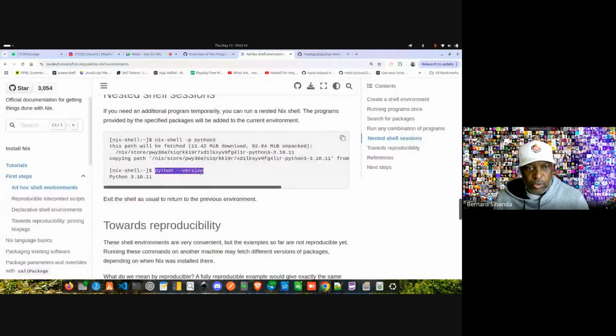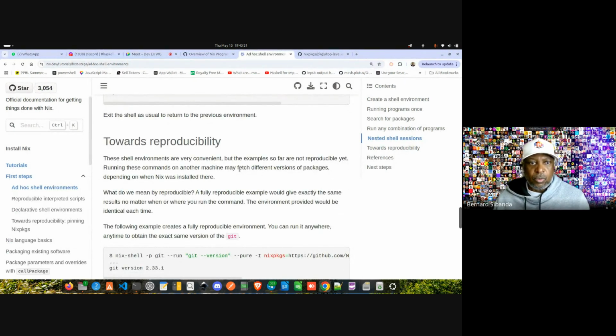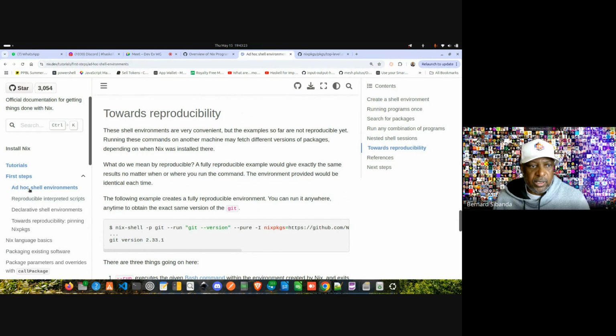You can see there it is working. So now, going forward with the lesson, we are still on ad hoc shell environments. Now let us go to the next section, which is